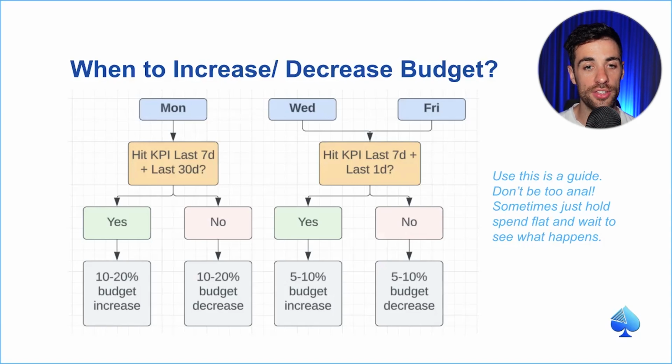The other thing I want to point out is when I'm talking about KPI, I'm not talking about a Facebook specific KPI. I'm talking about your MER or your CAC for the business, right? That's what you want to be looking at because it's going to fluctuate as a platform a lot. And with your email, with your organic stuff, with your Google, if you're running Google, TikTok, whatever other stuff you're doing, that's going to make it very complicated if you're just looking at your channel performance. You want to be making these decisions on the overall and then pushing more traffic based on what you're seeing,